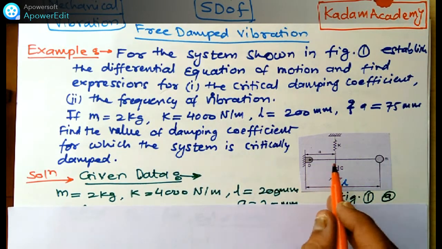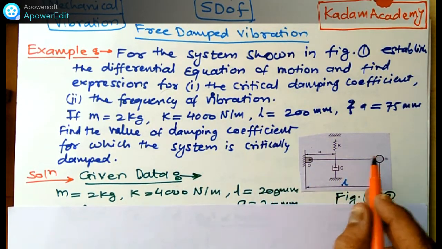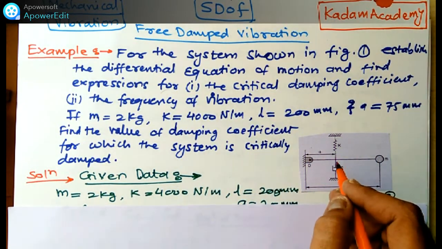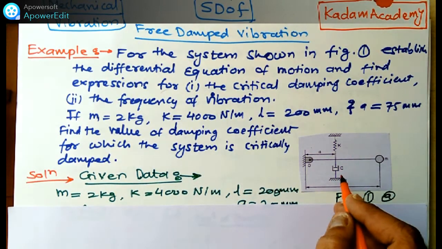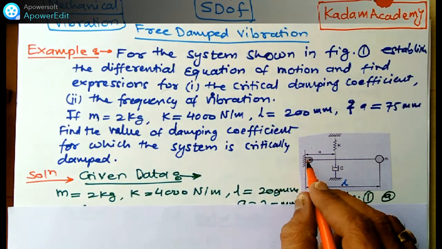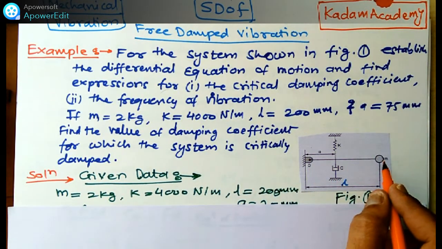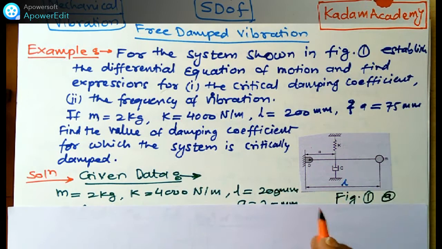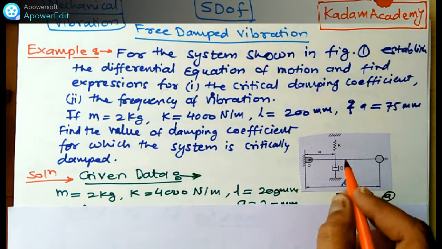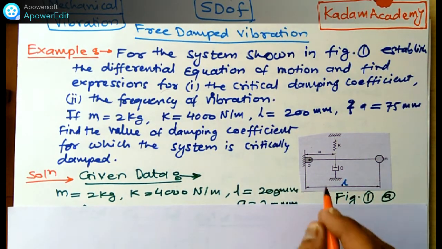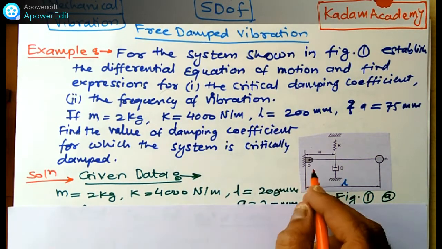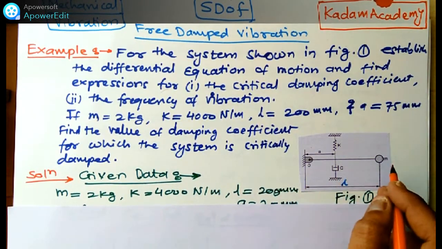See, this is one rod, or you can say one bar, connected with the spring and the damper. The spring with stiffness K is at a distance A from the fixed end, and the other end is free, and a mass is attached at the end. So this is the system with spring, mass and damper. The total length of this bar is L. One end is fixed, one end is free.